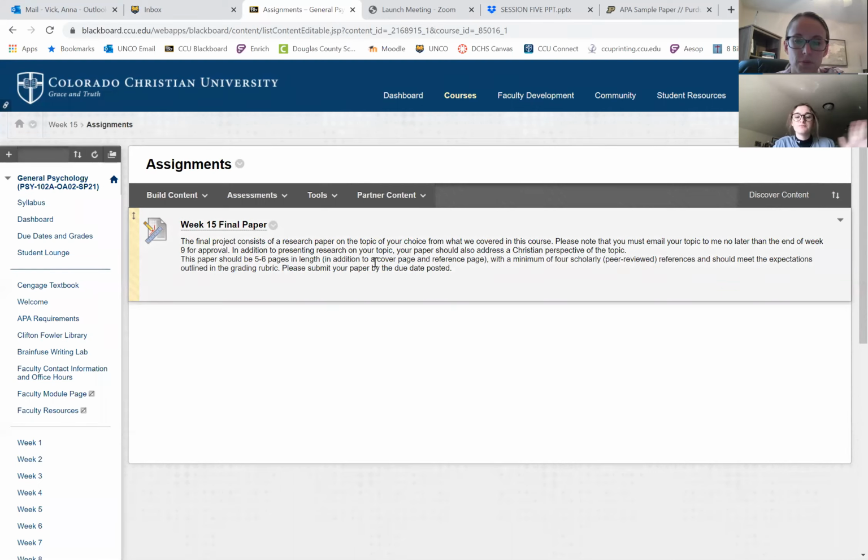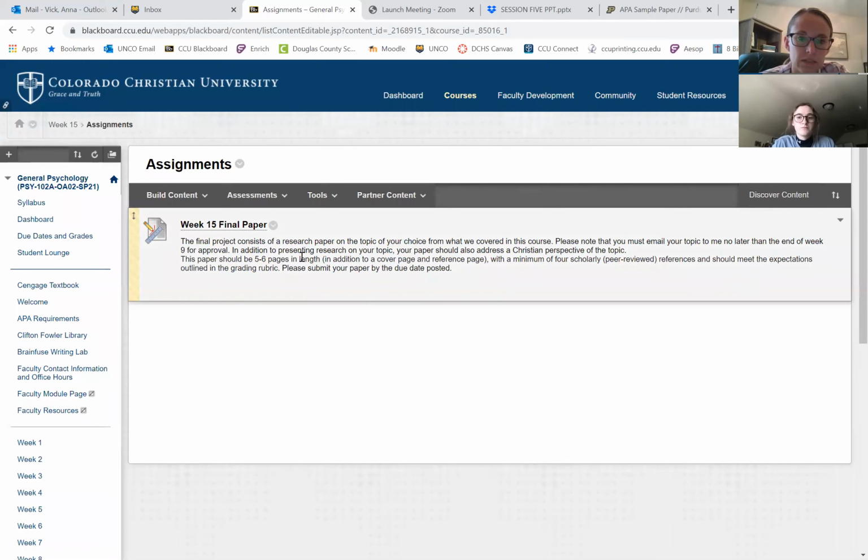And then we also want to make sure that we pull in the Christian perspective. That is the biblical perspective. So we need to see the source citation that's mentioned here in this second little mini paragraph, but we also need to see the Bible integrated. So that would be the specific scripture references. And we can pull those in wherever you choose in the paper, but oftentimes they can be really effective and meaningful in the conclusion. That can be a nice place to add that punch of, okay, we're tying in the biblical perspective, we're giving the main idea again, we're restating the thesis, and that can be a good place to integrate scripture as you conclude.